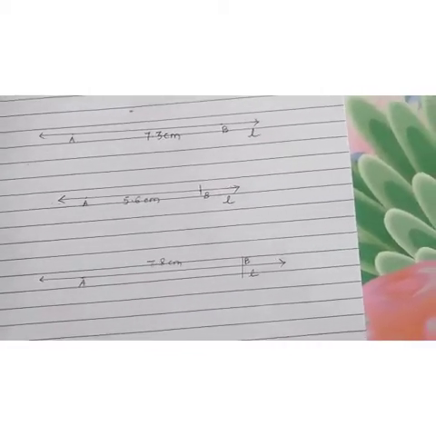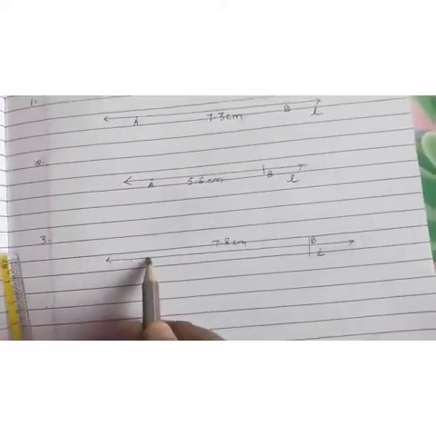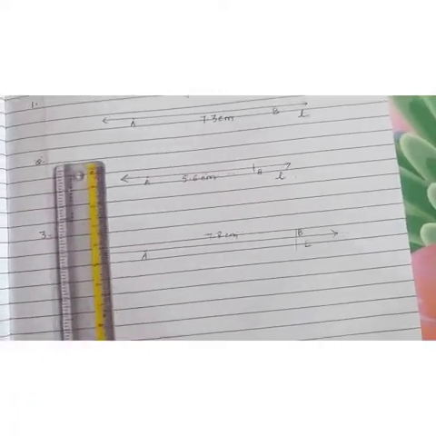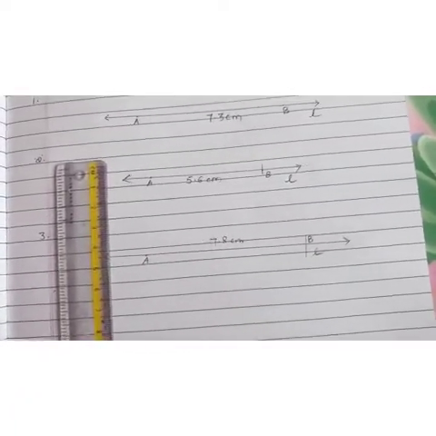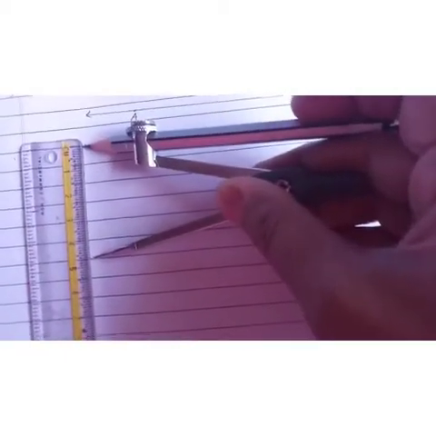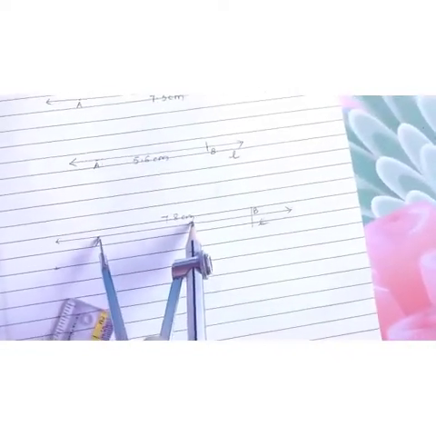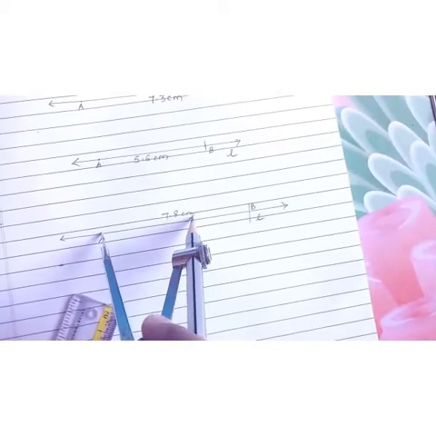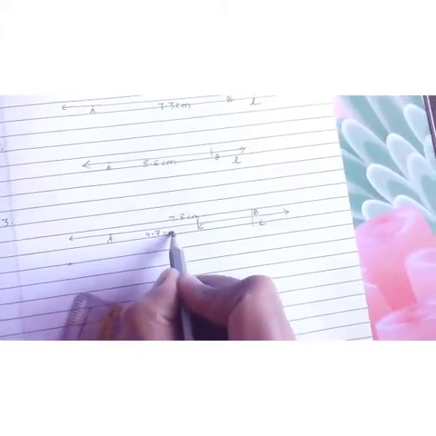Now they have also told to cut the length AC of length 4.7. So with A as center, take the scale and ruler and measure 4.7 and cut it. So children, observe here, I have taken 4.7 centimeters. Now with A as center and radius 4.7, cut it. Now again you got a point, and that point becomes C, and this will be 4.7 centimeters.